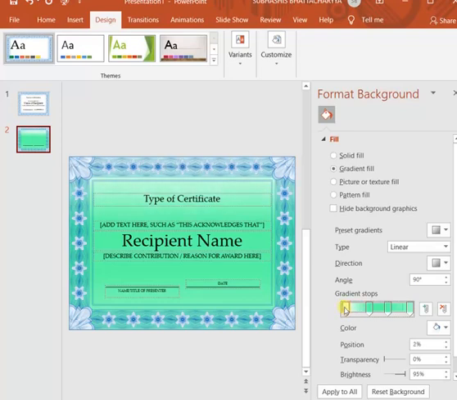So by this changing, by trying and testing, you can choose or set your desired gradient. You have to move these sliders. By moving them, whatever effect comes here, you can set according to your wish.